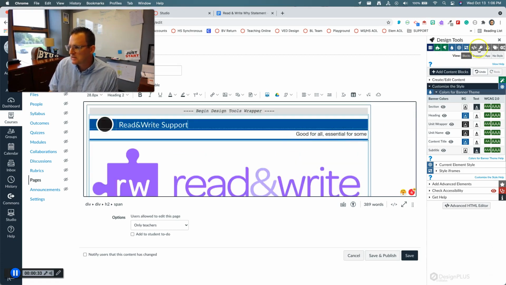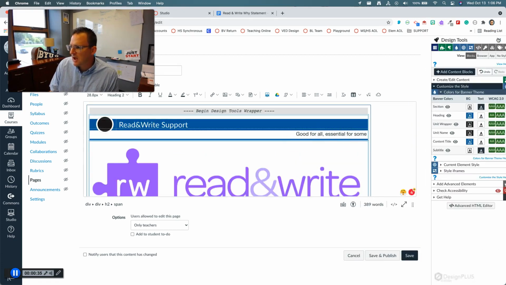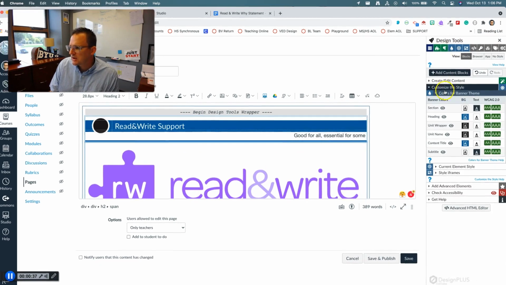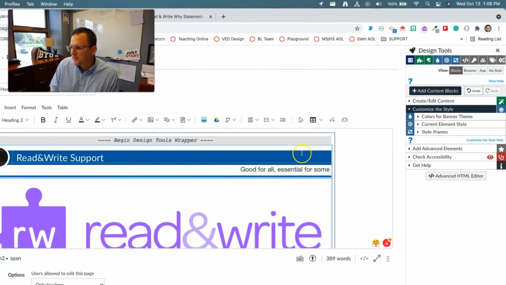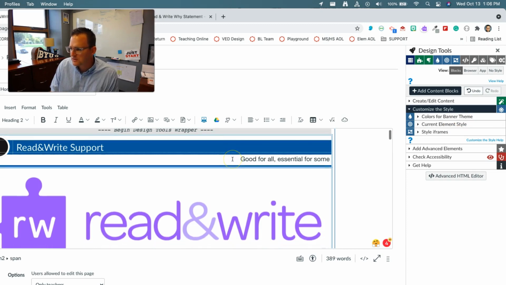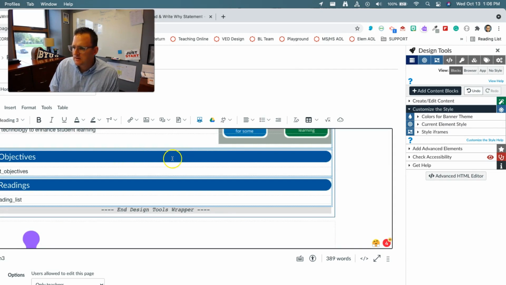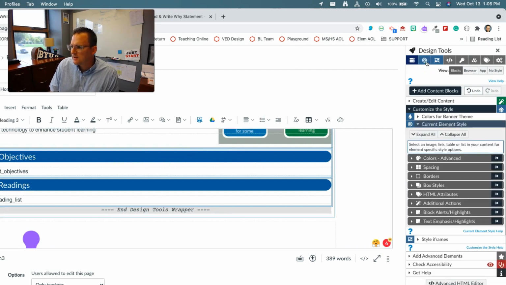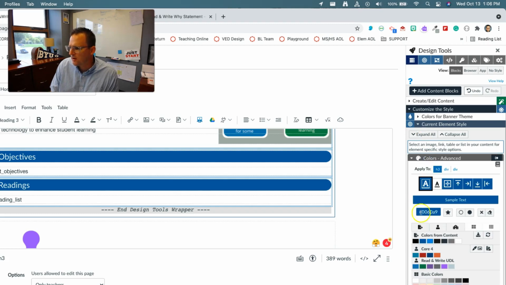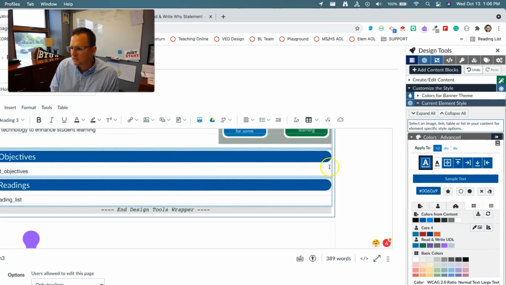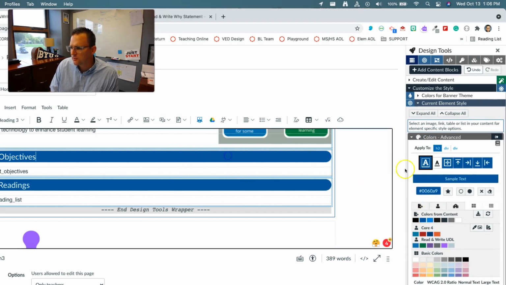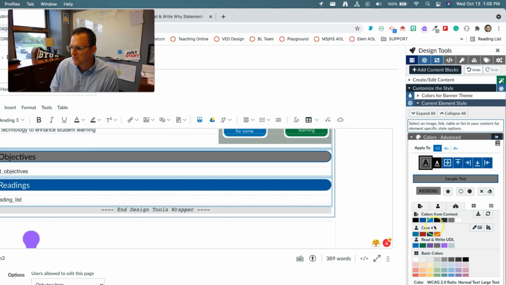And so when you turn on Cidi Labs and open Cidi Labs, you can customize colors for, in this case, the banner theme, which is up here. That's this first header. And then if I come into this header, I can edit the elements, open the color palette, and then I can adjust the colors for this tool as well. Highlight and say, okay, I'm looking for the H3 tag